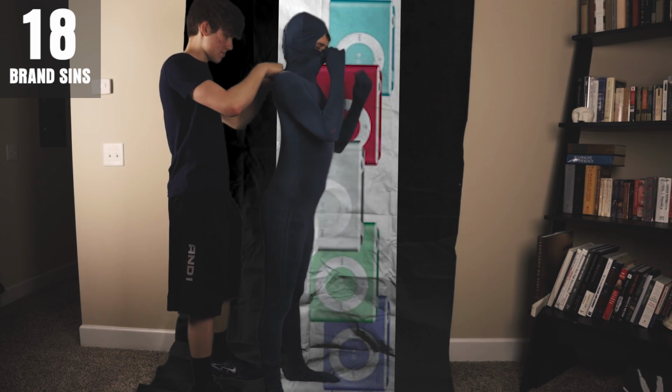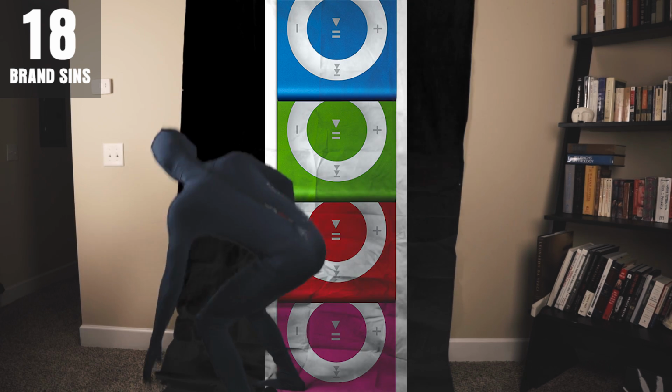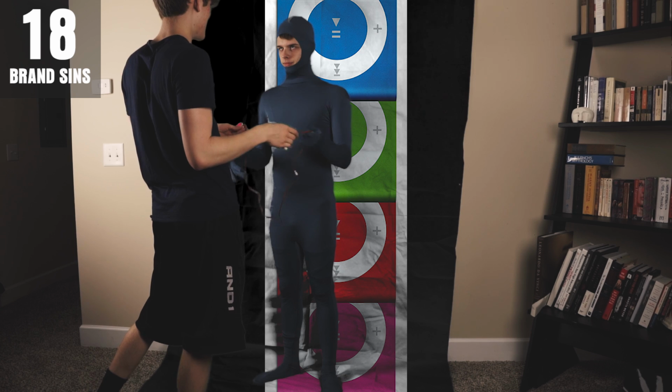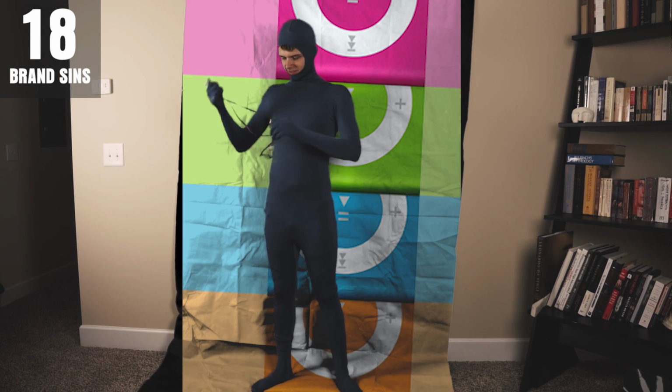1 year after the second round of colors came out, a third set bounced onto the scene, discontinuing the previous round of colors. The new colors: blue, green, pink, and red. So, just like the first round, but red instead of orange. Now, cutting orange was a good call, but you still put out an entire new round of colors, screwing over